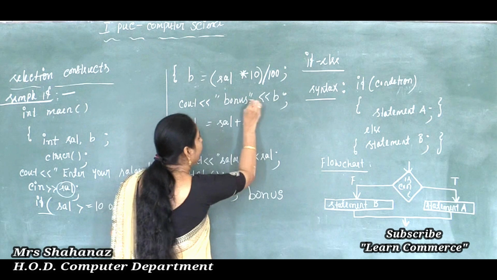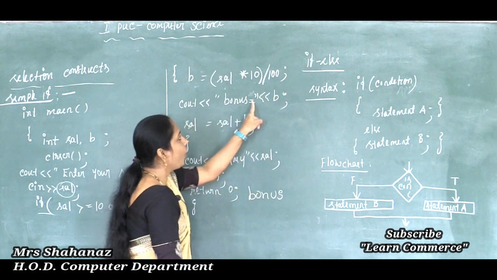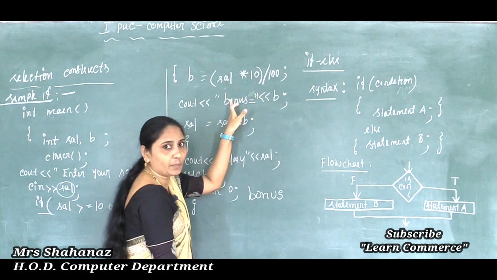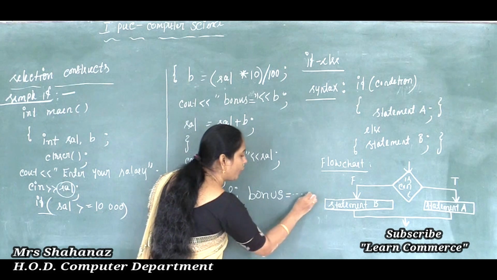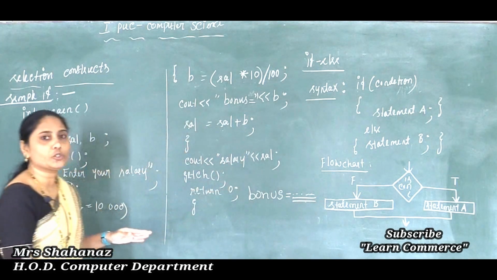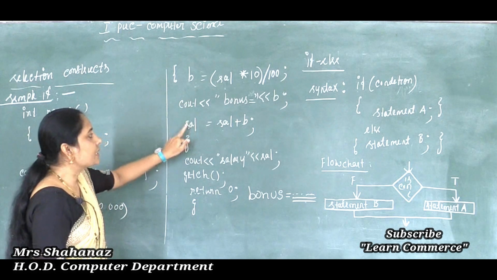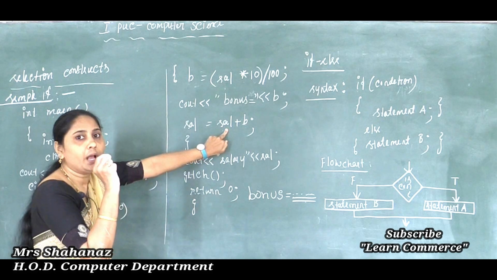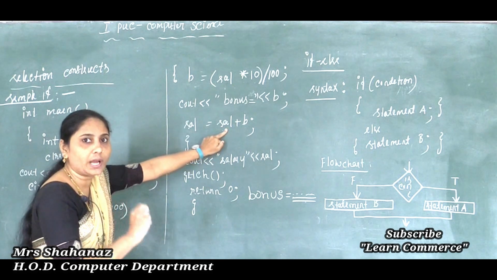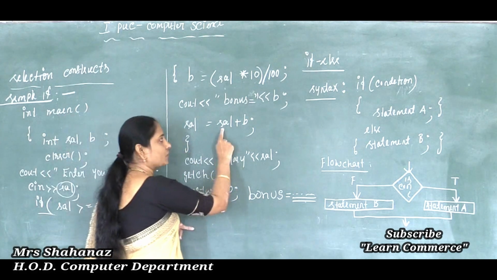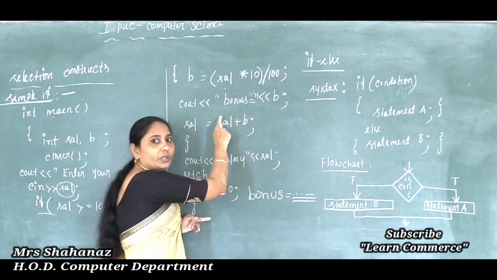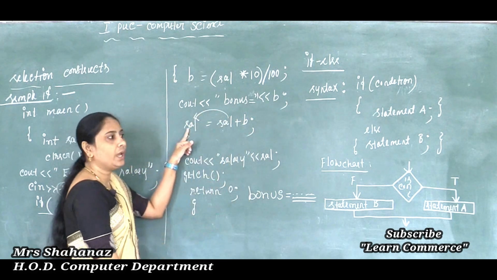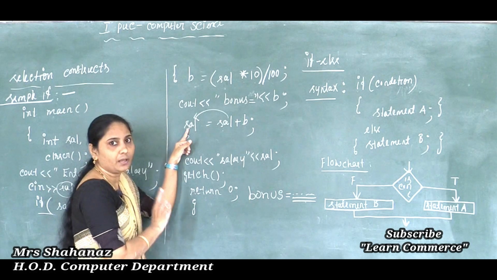And if you want an equal sign, you have to write the equal sign. After the calculation of the sal here, we will get some bonus, and it is going to display such a bonus amount. Clear this one? Like that it is going to display here, and later sal is equal to sal plus b. After the calculation of the bonus, we will get some amount for the bonus. We know that if the salary is 10,000, maybe the bonus is 500, so 10,500 is going to be displayed, and it is displayed by using the variable sal. Clear?